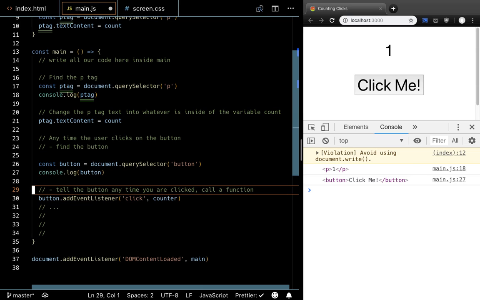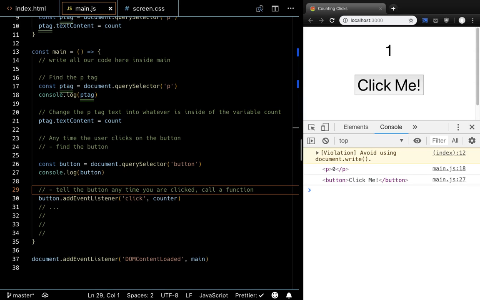Right. So before I just called it once, and my 0 became a 1. I don't want to do that when the program runs. What I want to have happen is every time I click the button, I want it to call my function. When I had it before, I was calling it explicitly, calling the function once. Now what I'm telling it is, every time that button is clicked, call that function. And if I save this, now hopefully every time I click this button,